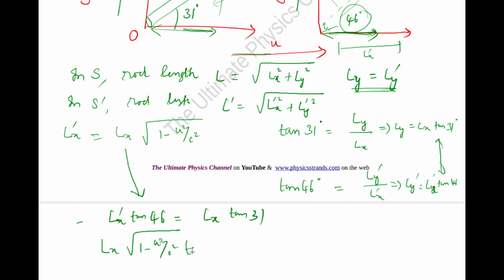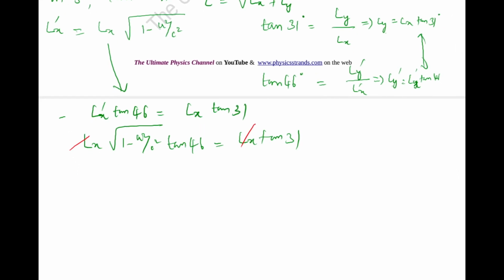Tan 46 is equal to Lx tan 31. So now I can say that these two are cancelling. So I have my square root of